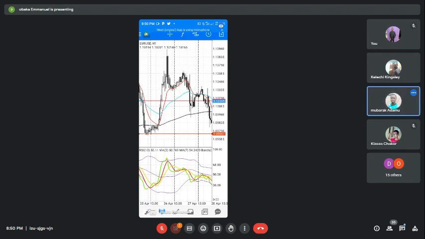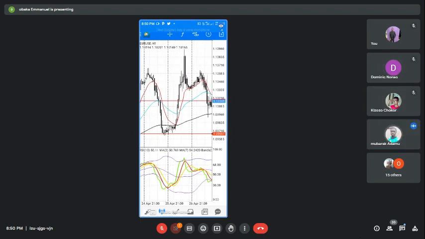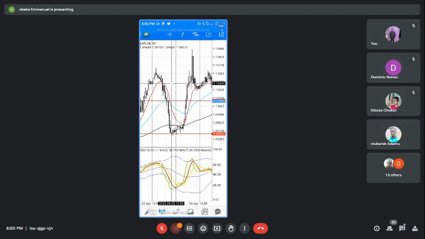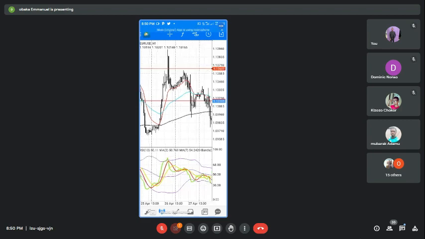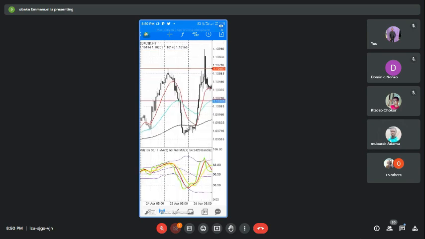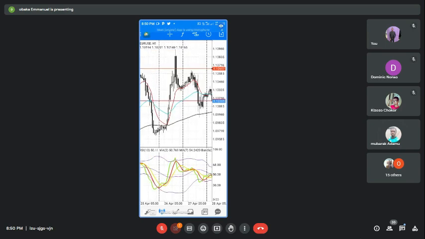Yes, sir. Okay, look at it. This one broke the ID50. This one took it, went to that high and came back. I will be waiting for an ID50 around this zone, but if I check that it's now consolidating, I know an ID50 will not work. I will check,